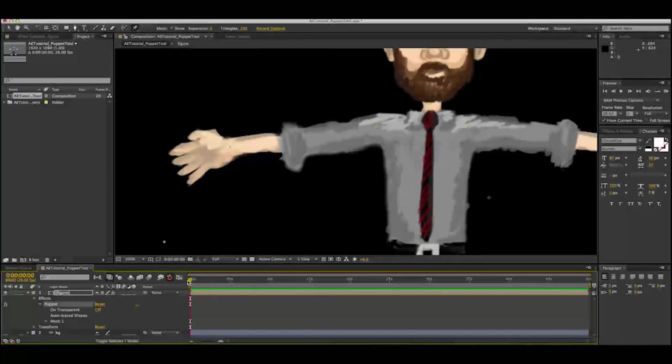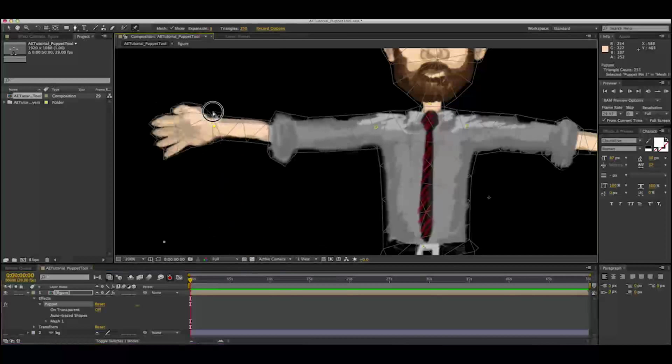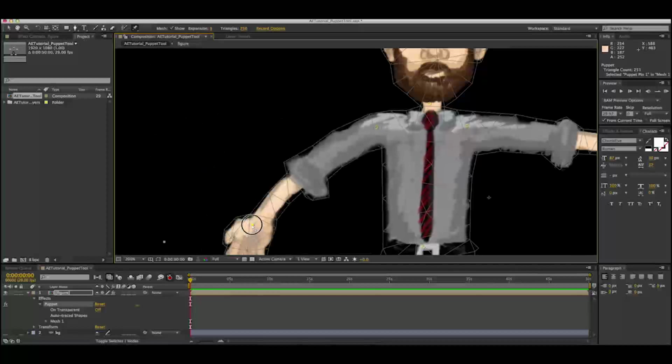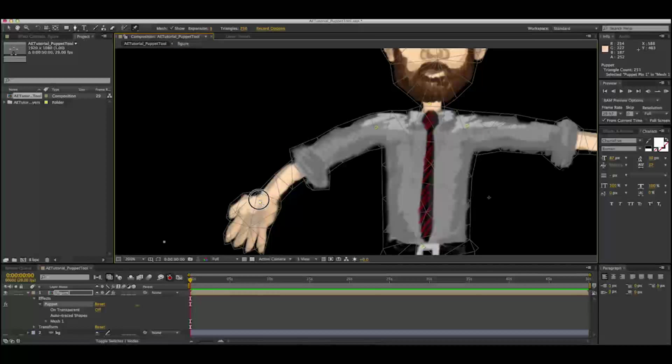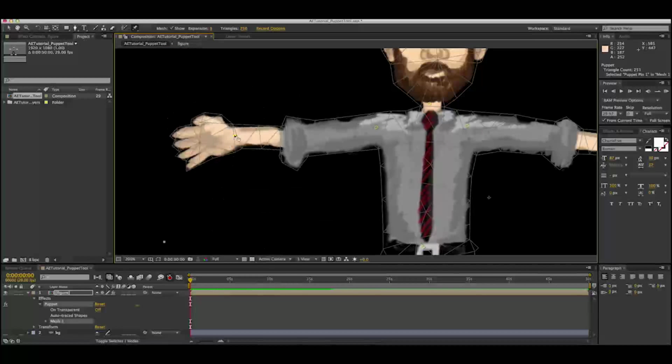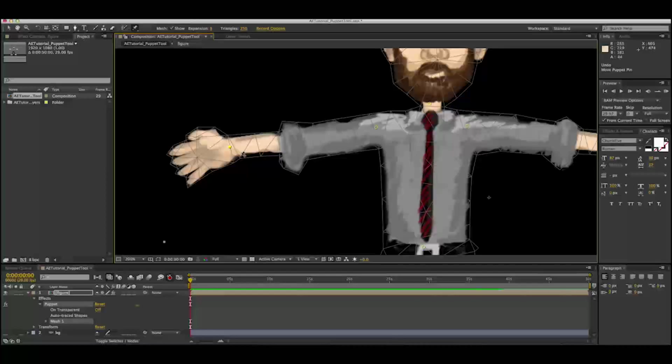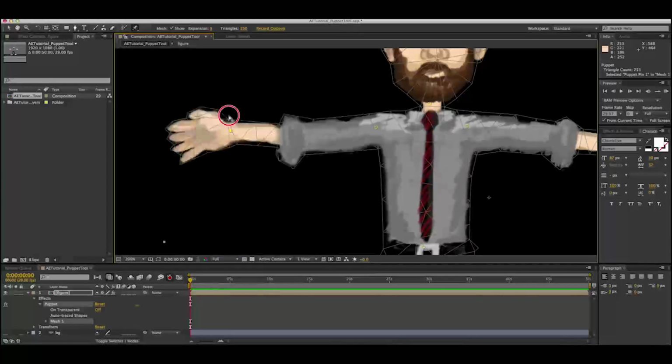So starting with our playhead at 0 seconds in 0 frames, what we're going to do is click and start moving this pin tool. Alright, so you can see you can kind of wave that pin around, which is going to allow you to move those limbs. What you're going to do is hold in command and start moving that arm. Alright, so holding in command